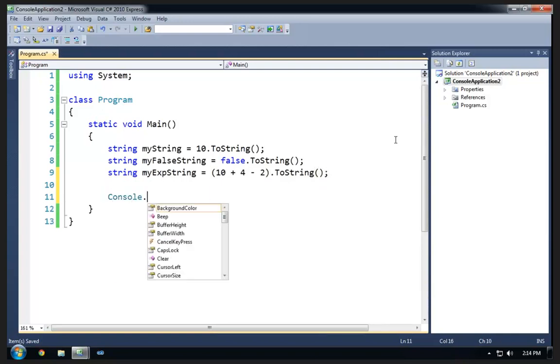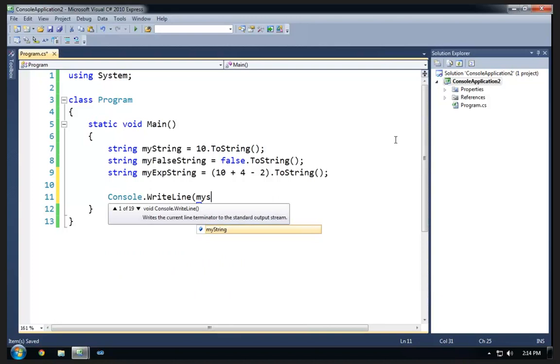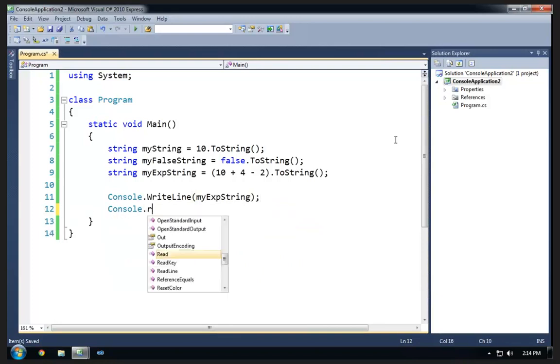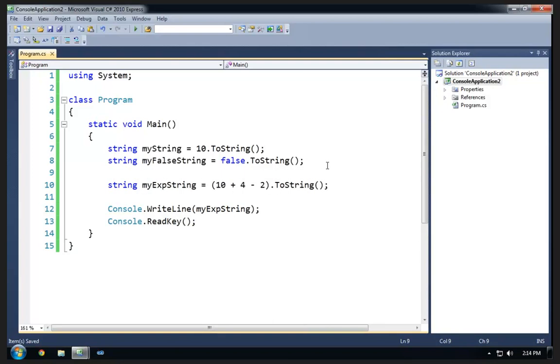Actually, that's going to be a good question. What do you guys think the output of this program is going to be? Remember that I'm only printing out my EXP string. All right. Actually, that's good that I asked that question,